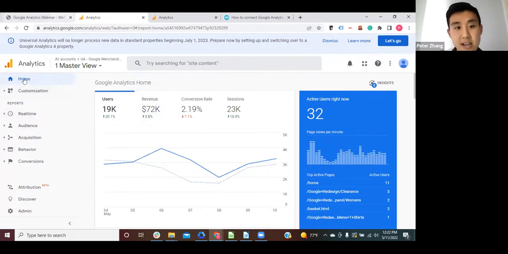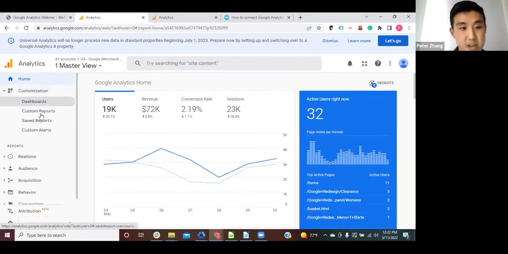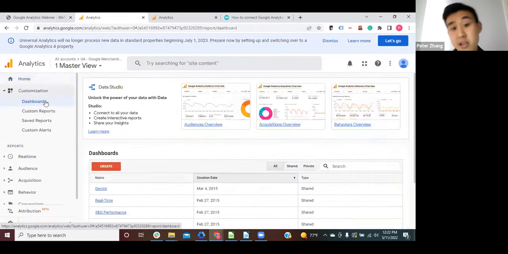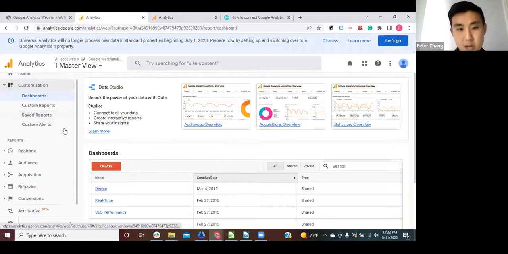Now in my slide, I didn't have the customization section bolded, mostly because this is a feature that requires more setup. In the customization section, you can get custom reports, alerts, and you can set up dashboards that mimic what the home already has, but can focus on specific sections of your reporting. But all of this does need to be customized, and you have to set it up to pull whatever data you're looking for. And typically it's something for more advanced users to get into. Our agency utilizes Google Data Studio, which is another product to pull data over and create easier to read reports, but that's just the customization section.